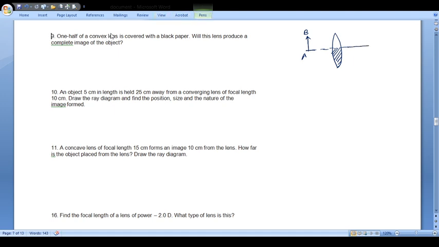Just see here, right? Let's see this. We will complete this ray diagram. Now see here, a ray which is parallel to the principal axis will pass through the focus, right? And another ray you will find that which will be passing through C. Here it will pass through here and you may get some image somewhere here, right? This is basically you may get an image A dash B dash. देखो पूरी ही बनी है.